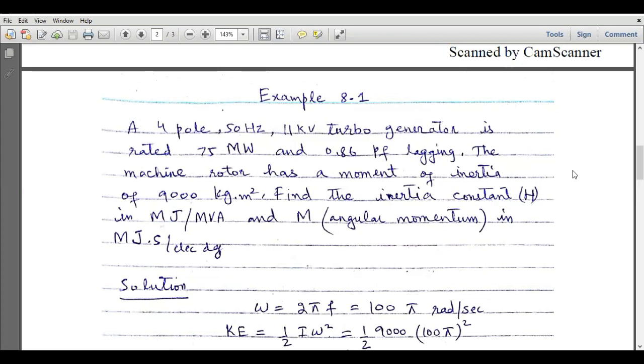In this lecture, I will solve a couple of examples which are related to the swing equation in the power system operation and control course. In the first example, we have a 4-pole, 50 Hz, 11 kilovolt turbo generator which is rated at 75 megawatt and 0.86 power factor lagging. The rotor has a moment of inertia of 9,000 kilogram meter square. Find the inertia constant H in megajoules per MVA and M, which is angular momentum, in megajoule second divided by